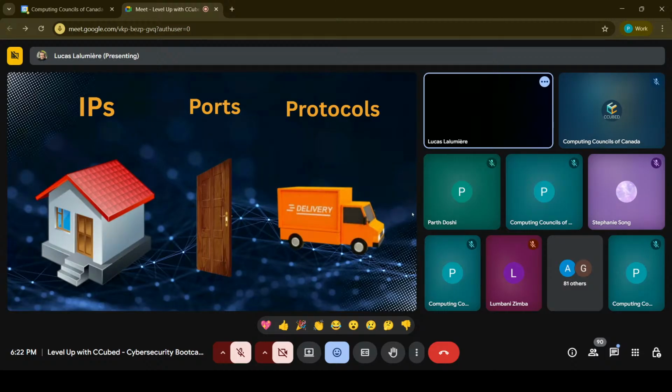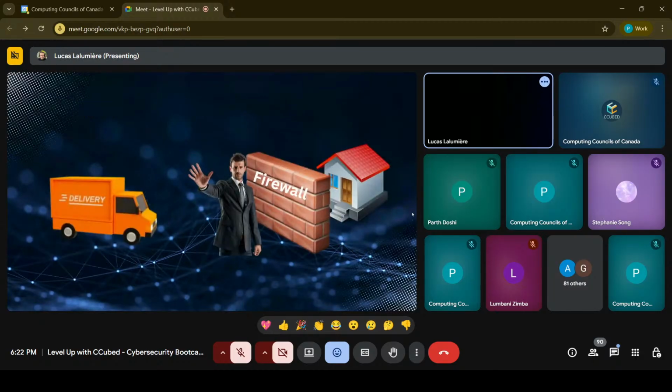So now, how can we protect our systems and ports from being exploited like this, like how I just did? And you would do so by using a firewall, right? So essentially what a firewall is,